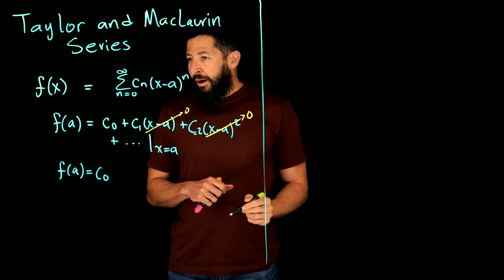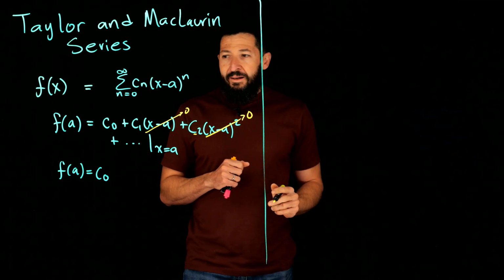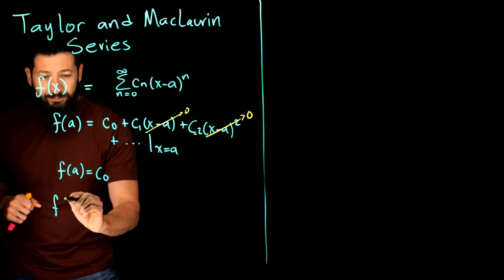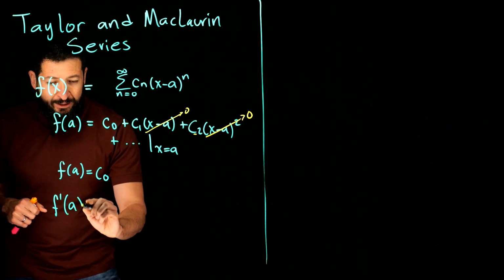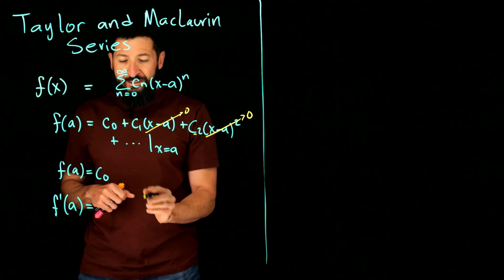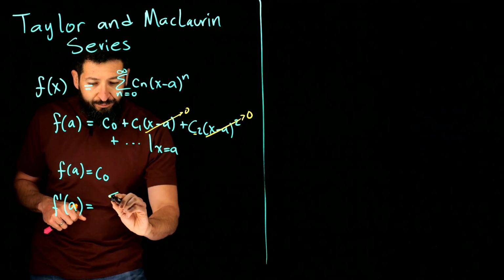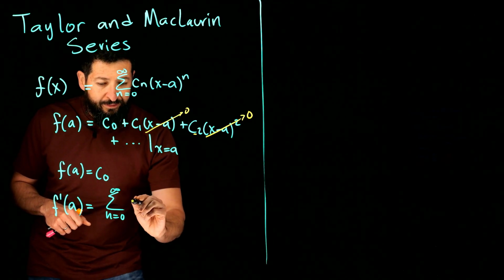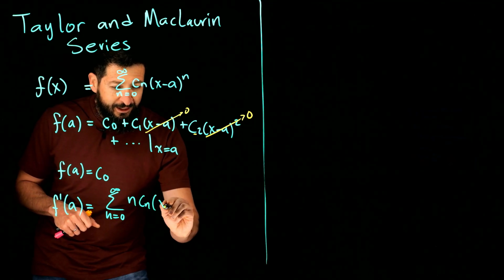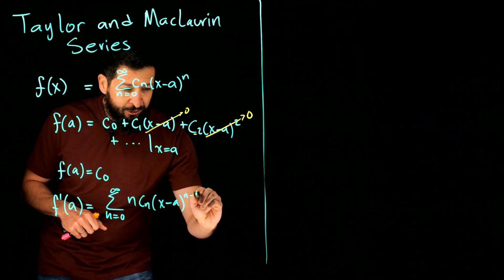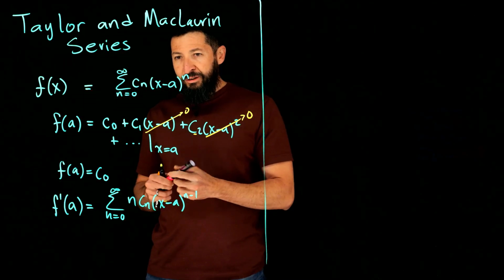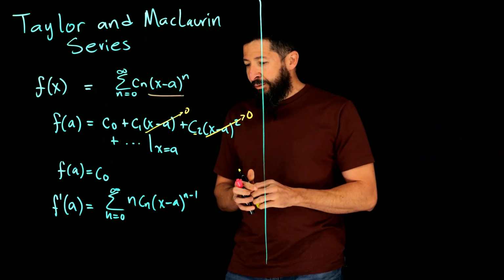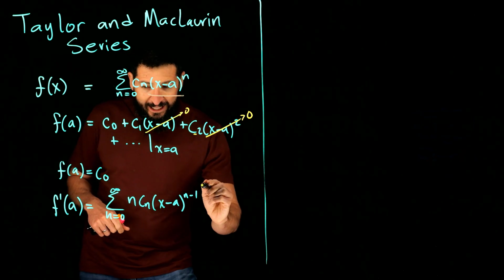Now, if the functions are the same, you would hope that their derivatives also are the same. So I'm going to take the derivative here and evaluate at a. And what I'm going to have is, term by term, the sum from n equals 0 to infinity of, when I take my derivative, n times c_n times (x minus a) to the n minus 1. I just took the derivative of this expression here, dropping the n, and then subtracting 1 from the exponent. But when I evaluate this at x equals a,